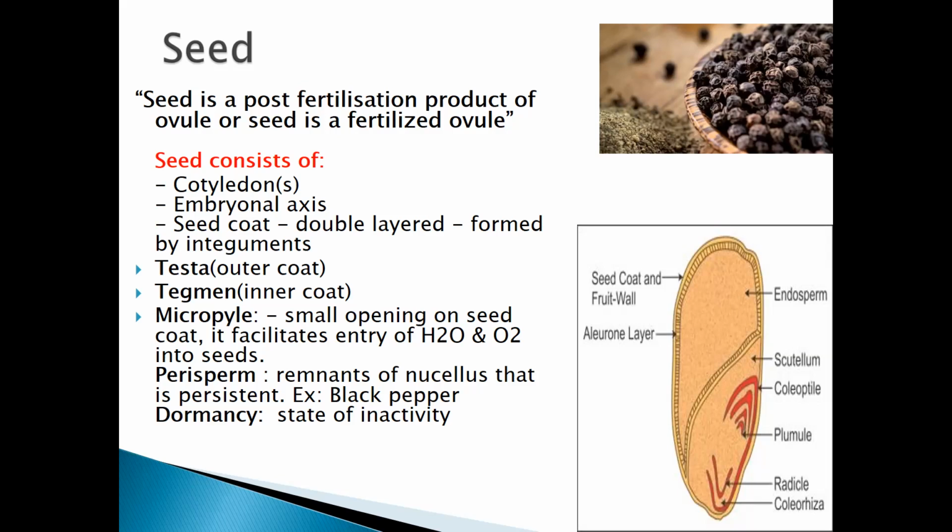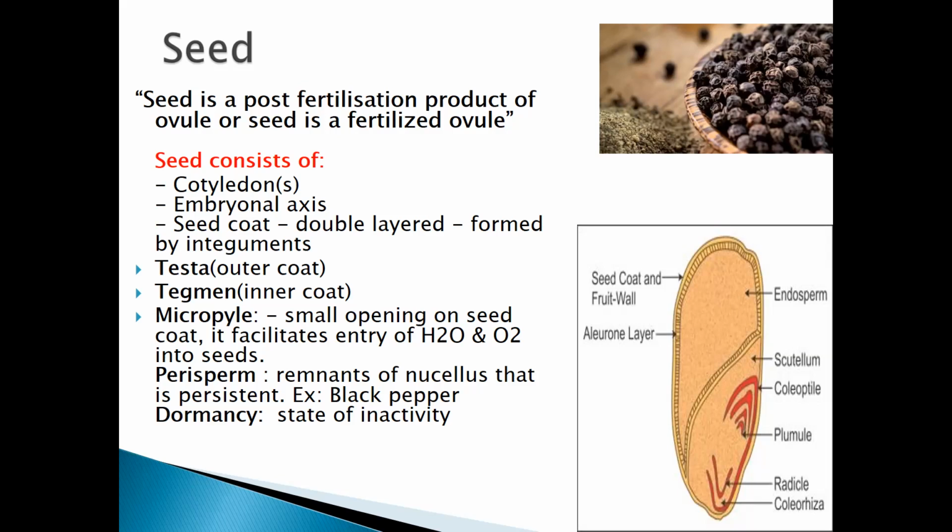Then dormancy, which we have discussed yesterday. Dormancy is nothing but the state of inactivity where the seed becomes inactive. There is no function happening. It doesn't germinate, and in the unfavorable conditions, it remains inactive. When there are favorable conditions, it grows. For example, if there is any drought, no water, no sunlight or any such thing, the seed becomes inactive. That is, it becomes dormant. A dormant seed is nothing but that seed which is inactive. Then no activity takes place in it.